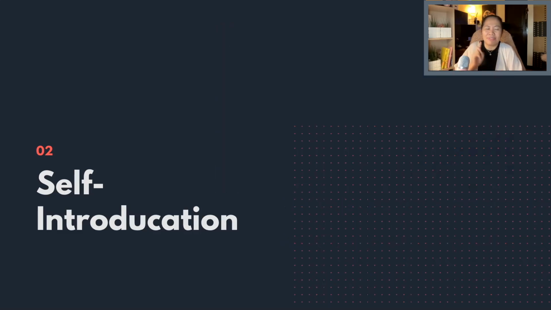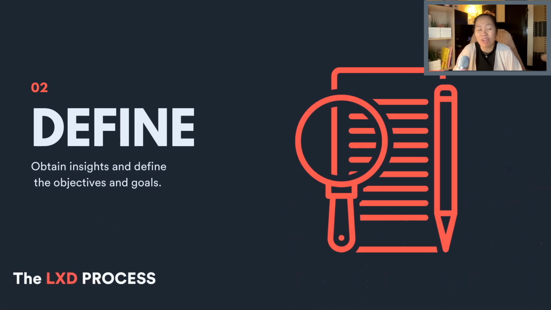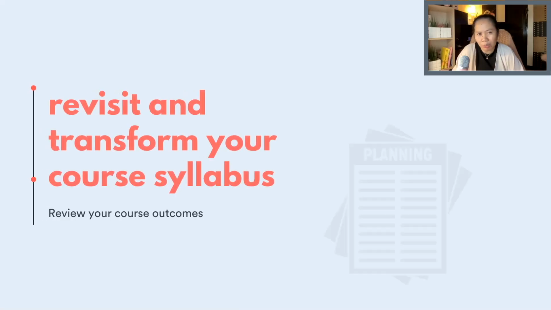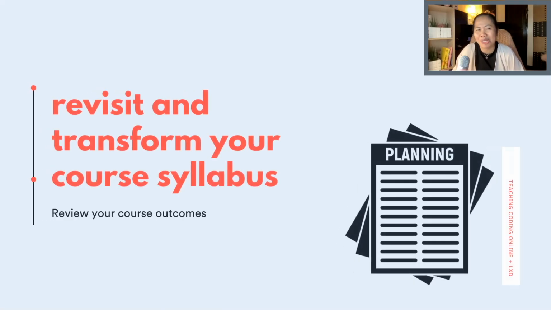Okay, so that is the first phase. Now we move on to the second phase. The second phase is about defining or obtaining insights and writing the objectives and goals. When you write your objectives and goals, of course, you have to go back to your course syllabus, course